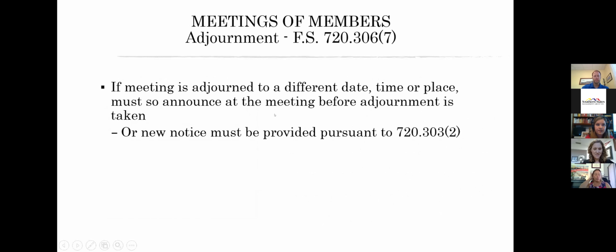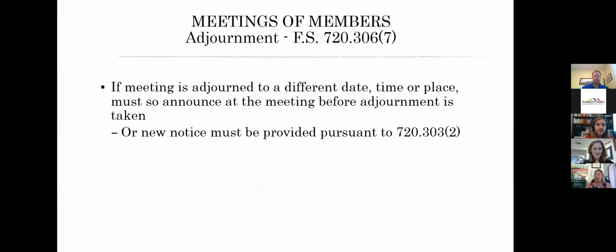voting. Going back to meetings, if you're holding your meeting, you've sent all the proper notice, you've got your quorum, or let me back up just a minute. So you send your notice, but maybe you don't have a quorum, and you call the meeting to order, you don't have quorum, so you actually can't conduct the meeting. You can't conduct business without the necessary quorum, so you're going to adjourn the meeting. The important part of adjourning the meeting is that if you can, at that meeting, you want to announce the date, time, and place for the next meeting.